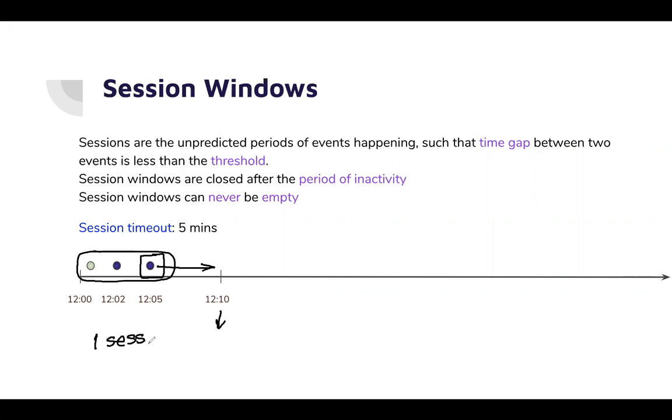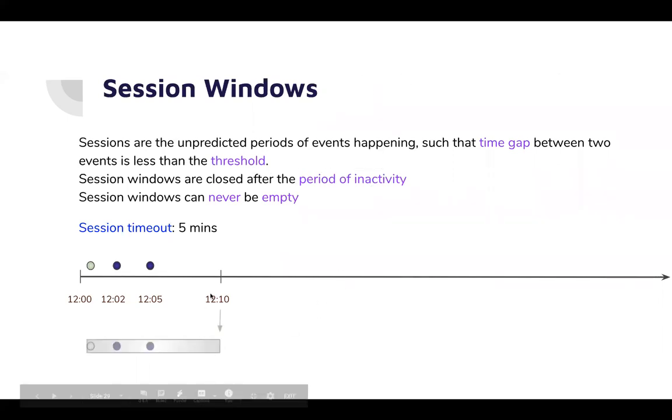What the duration of a session is, is kind of unpredicted, but what you can say is when to close a session. So once there is a period of inactivity which is more than the threshold, then you close that window. So let's get ahead and talk more about it. This is the point where your window will be generated and you can process all the events which were generated in the last session.